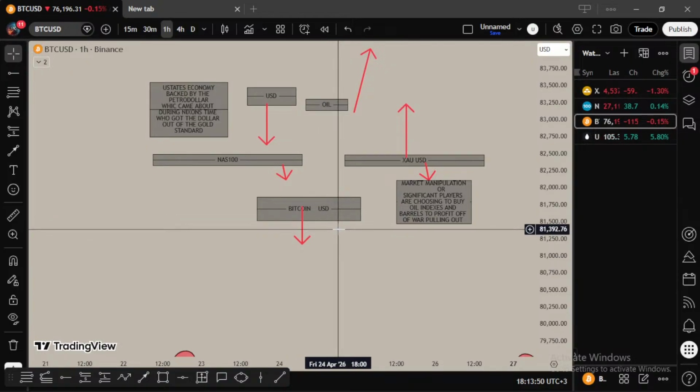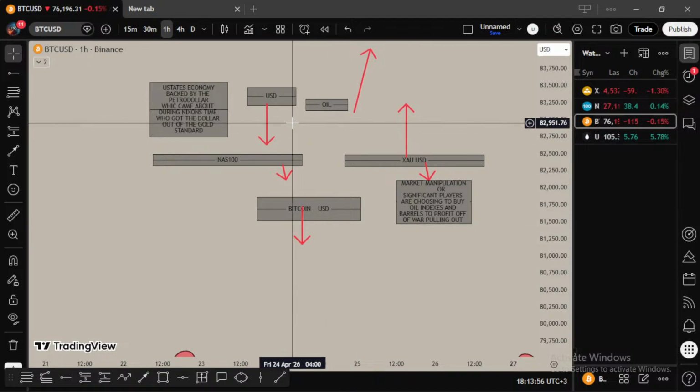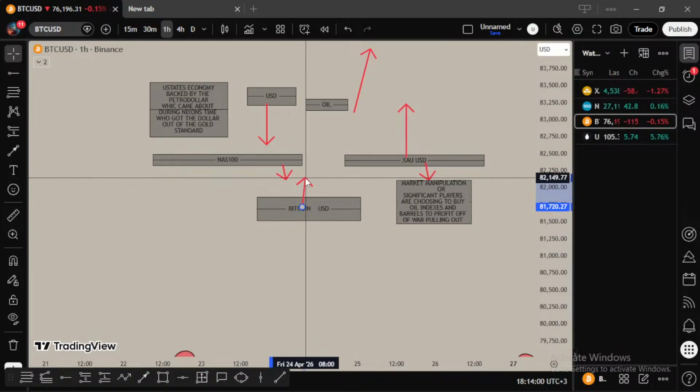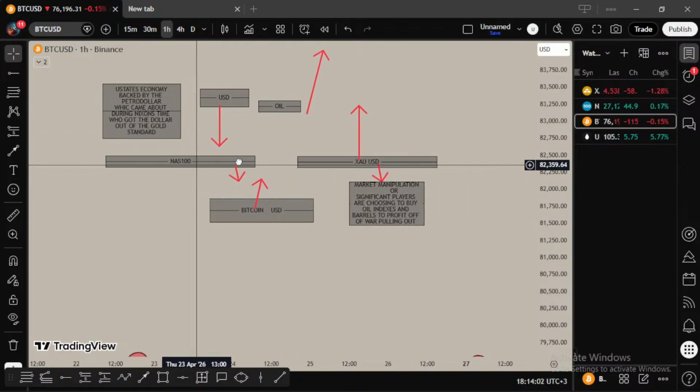This is not financial advice, by the way. Seriously, this is not financial advice. How am I getting confused? If USD is going down, Bitcoin is going up. So I'm correct. The only thing that needs to go down